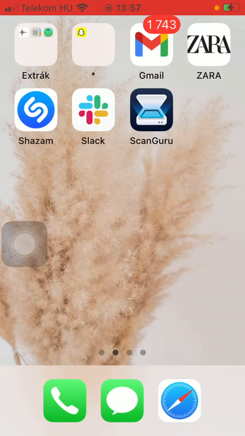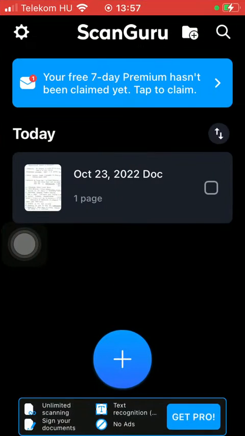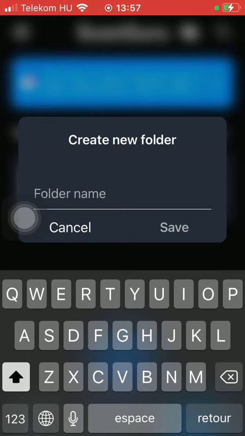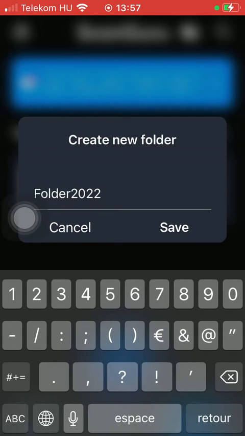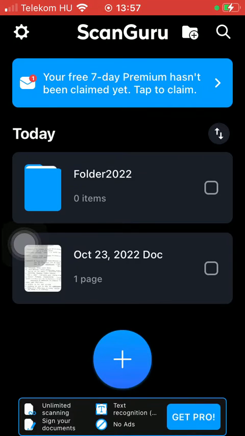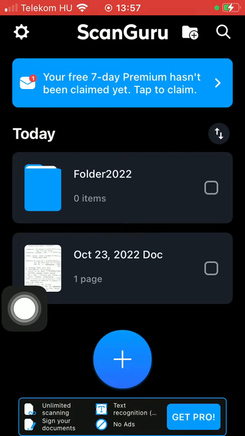First of all, open the application on your phone. Then you should tap on this folder and plus icon at the top of the screen and type in the name of the folder that you want to create. After that, tap on the save button, and here you can see that the folder has been added to your